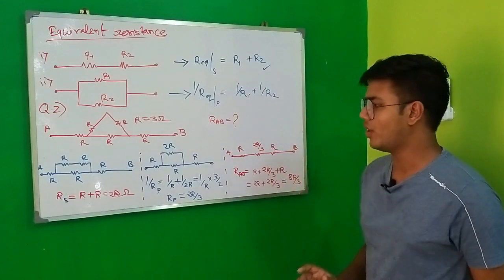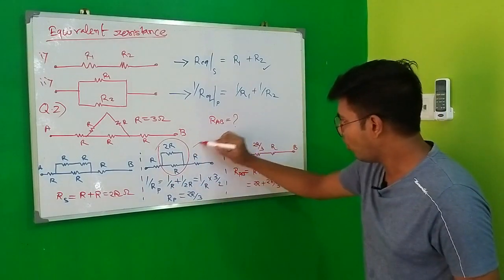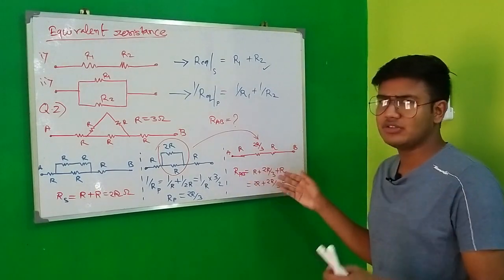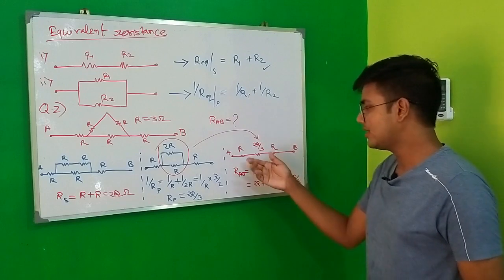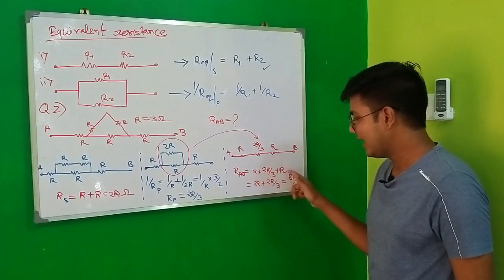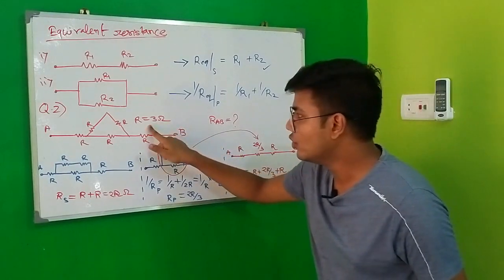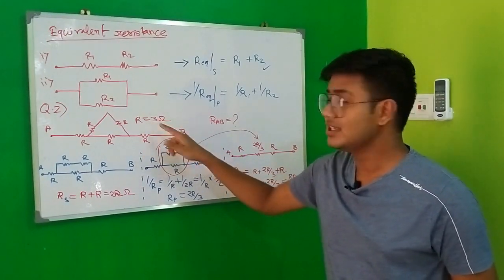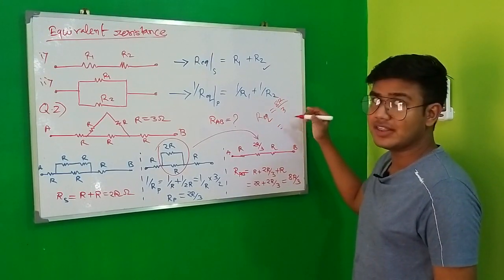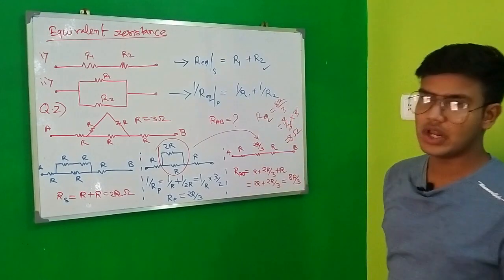And last one, taking this whole part as the equivalent part, it now becomes 2R by 3. As you can see, now this is very easy, where these are in series combination. We just have to add them together. While adding those 3 together, you get 8R by 3. Is this finished? No. The R value is given to you and it is 3 ohm. So my R equivalent is 8R by 3. If you put 3 in place of R, the 3 will cancel and the whole answer will be 8 ohm.